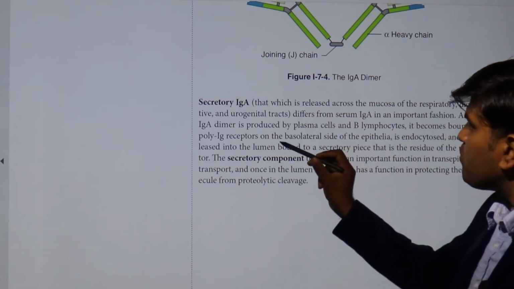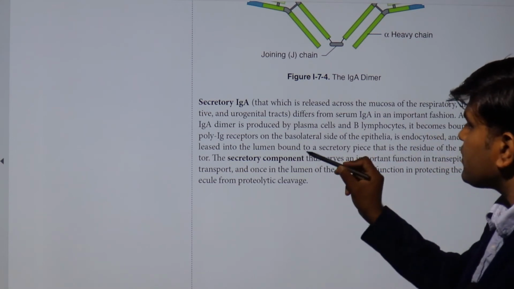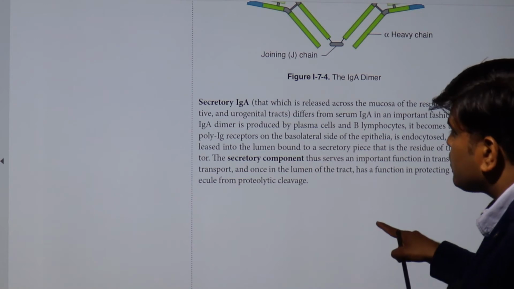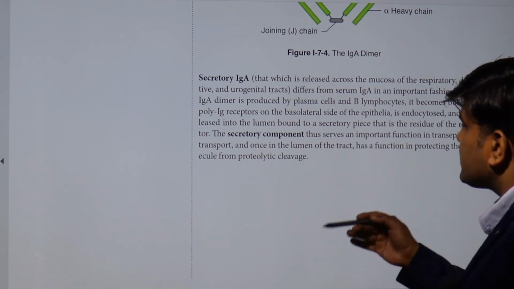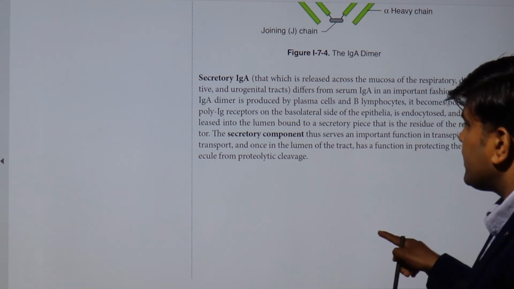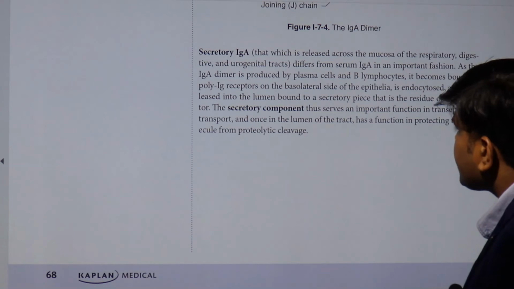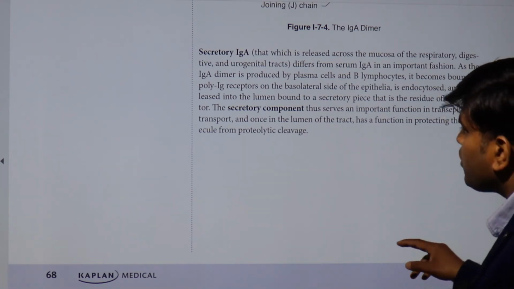It becomes bound to the poly Ig receptor on the basolateral side of the epithelial cell, and then on the luminal side it is bound to the secretory piece that is received by the receptor. So the secretory component is a dimer that is endocytosed and transported to the mucosal membrane, which you have to understand. The secretory component thus serves an important function in transepithelial transport, and once in the lumen of the tract, has a function in protecting the molecule from